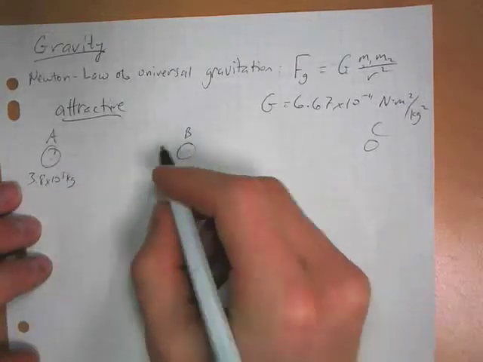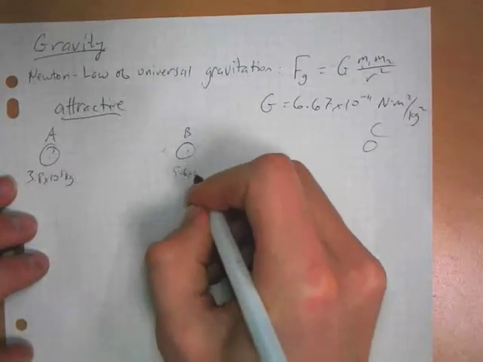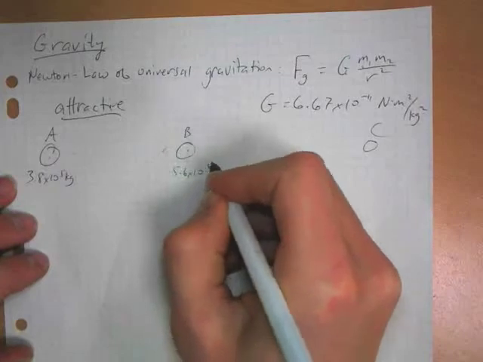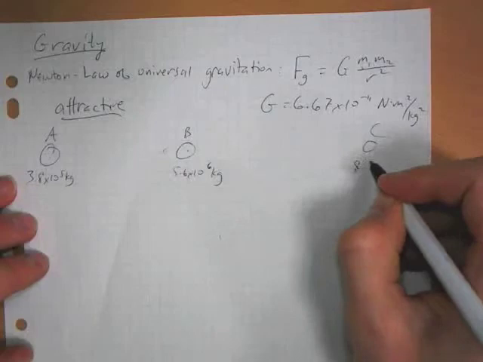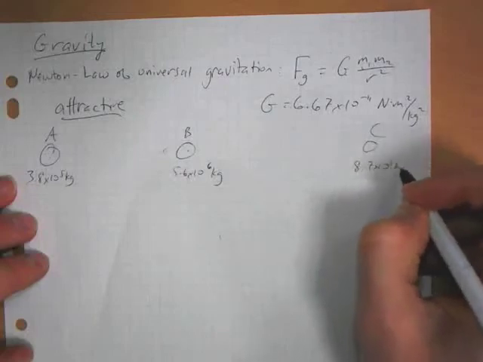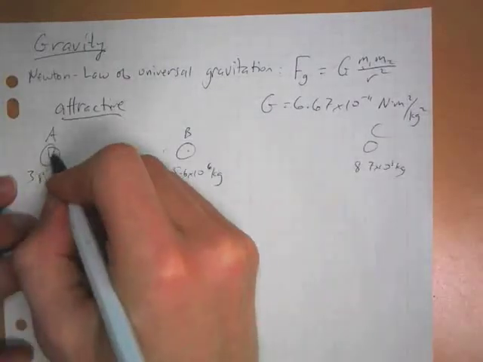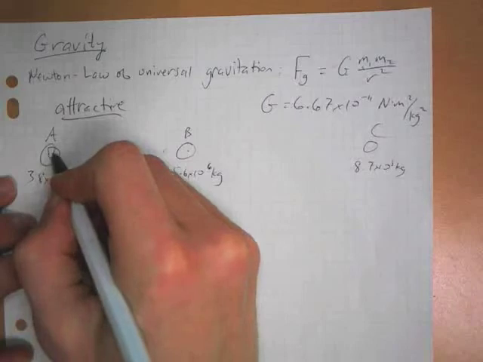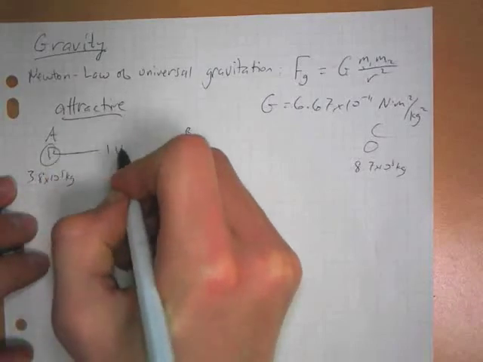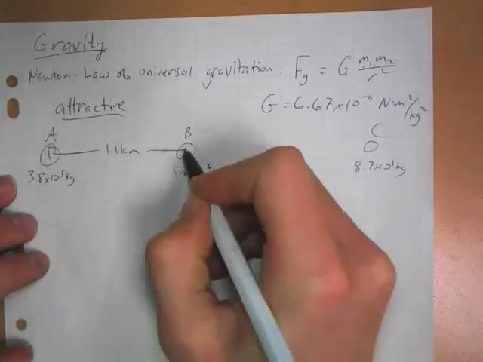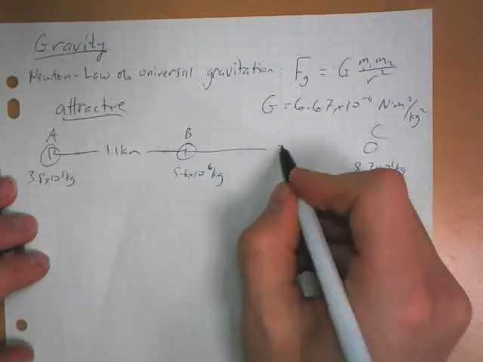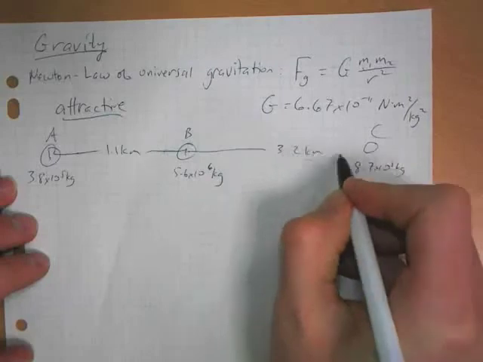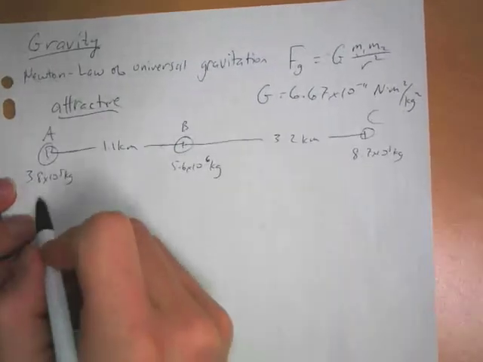B has a mass of 5.6 times 10 to the 6th kilograms. And C has mass 8.7 times 10 to the 5th kilograms. A and B, we'll say, are 1.1 kilometers apart. And B and C, we'll say, are 3.2 kilometers apart. Let's say we want to find the force